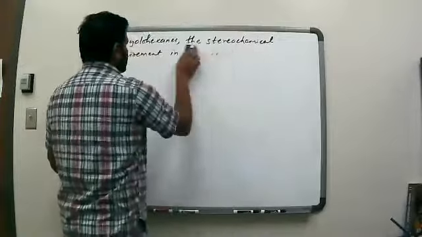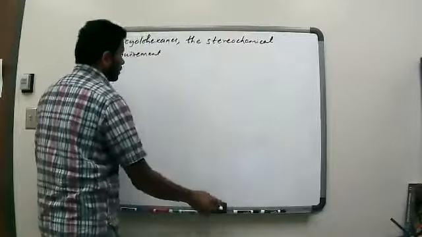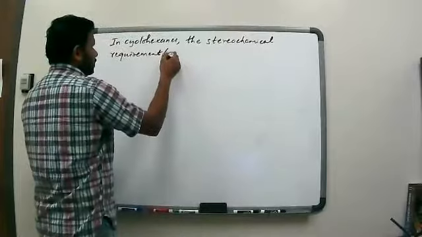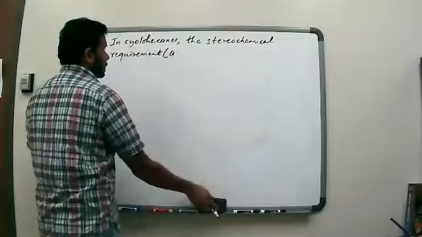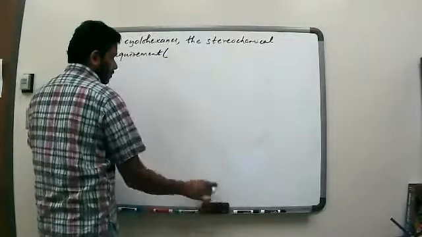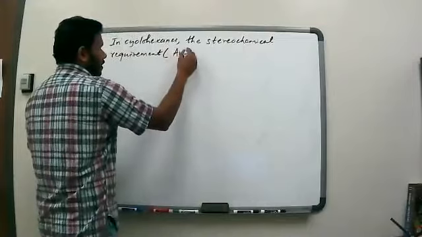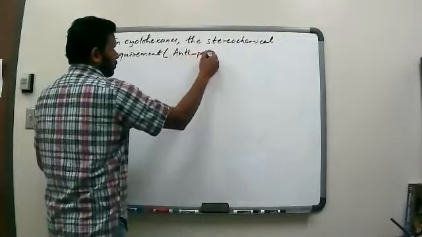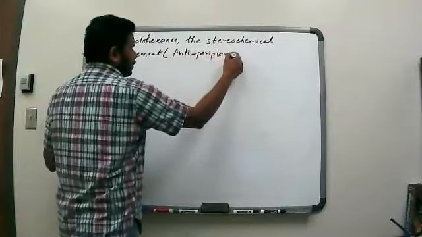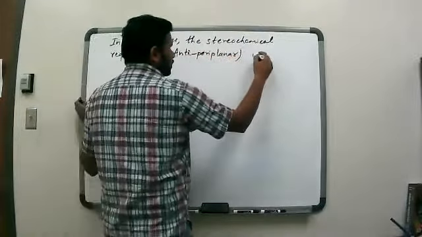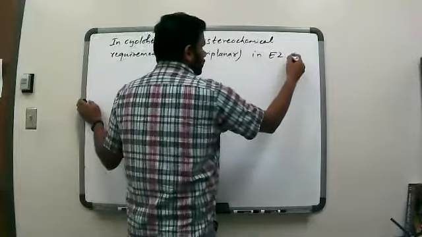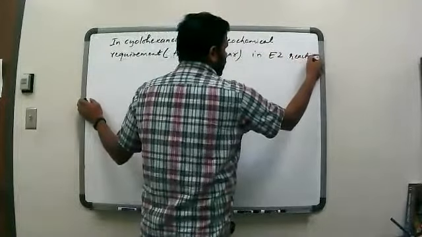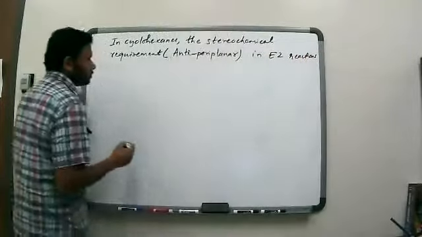In fact, maybe I should say, what is the stereochemical requirement? Okay, the stereochemical requirement is the anti-periplanar arrangement in E2 reactions